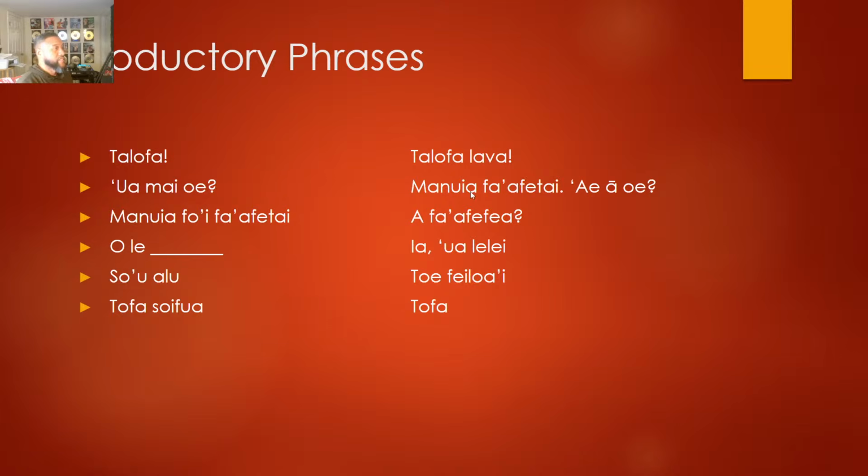So hello. Lava is used in many ways. It usually emphasizes a word. In this case, we're saying the same thing, but we're really just acknowledging the talofa. So talofa for the first person, and then the next person says talofa lava, and then you might hear